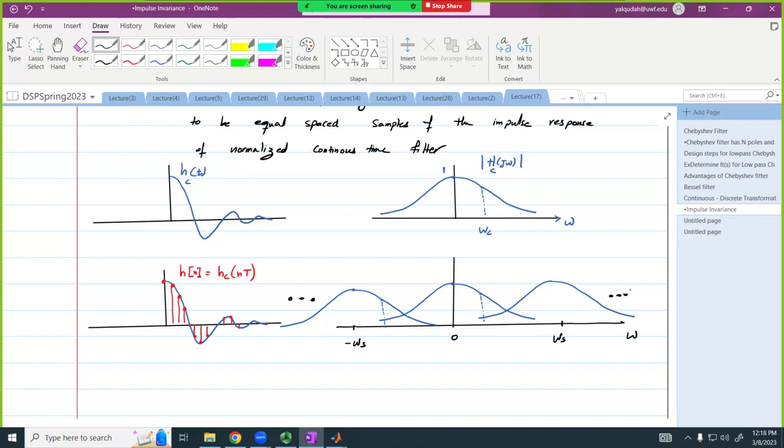but it can be fixed if we choose this omega sampling to be very large, isn't it? It's going to have minimum aliasing, and of course we exaggerated this overlap. If this is really going very deep, very sharp, then the aliasing is going to be minimum. Make sense? Okay, how we do that is what we're going to do after we come back from spring